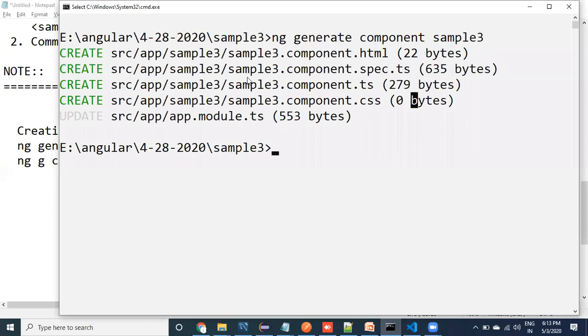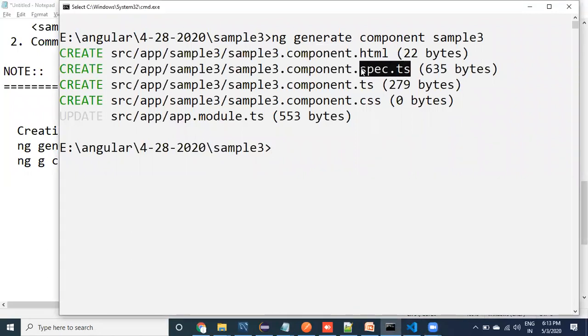As we know, a component has four different types of files. What are they? One is the HTML file.